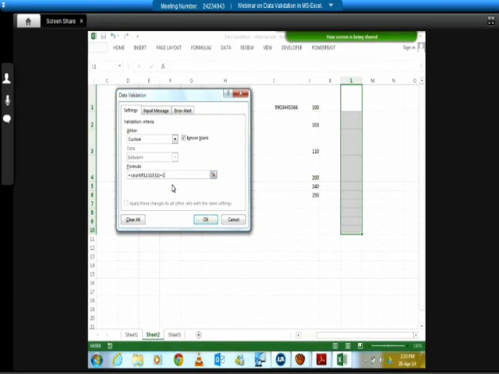Right? But you have to understand one more thing. Before I can say okay on this thing, I'll have to fix my range. If I don't fix my range, when I go to the cell L2, my formula will become COUNTIF L2 to L10, comma L2; L2 to L11, comma L2. So every time I'm going to miss the entry on the top. So do we have to fix? You will have to fix it.